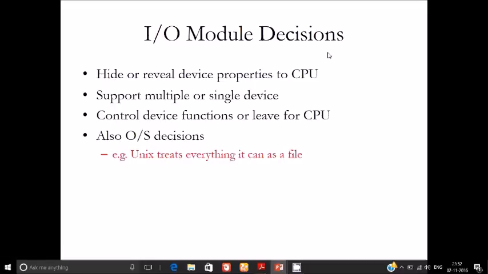Next, I have the module decisions: hide or reveal the properties of the CPU.